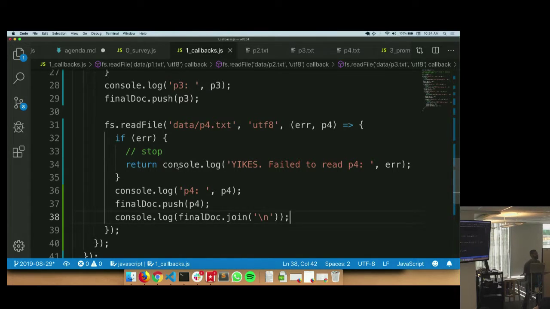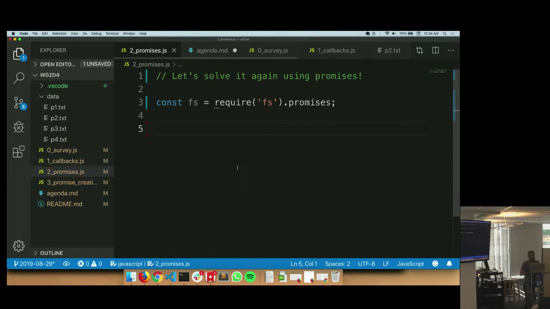So yeah, those are some of the challenges that come with this. We're going to try and tackle those with promises. So let's talk about promises. I have another file, so this one's going to obviously be in the notes as well, which is where we're going to solve this